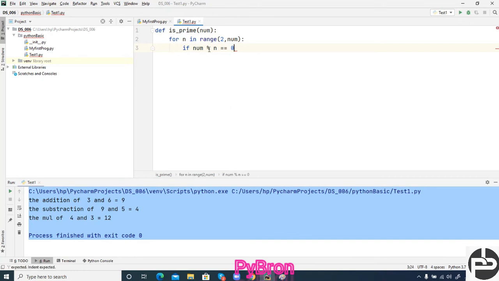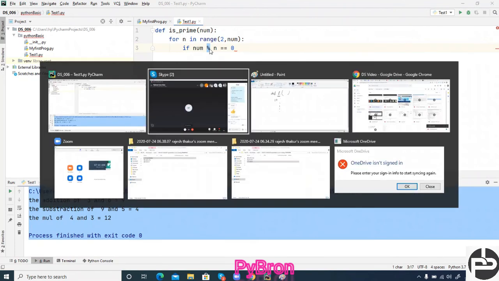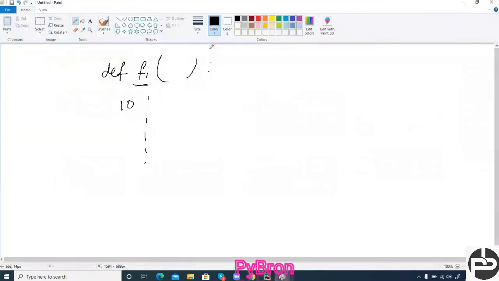Okay, n is what? Modulus means what? Are you able to understand? Modulus means remainder. Okay, let me put on a charger. Okay, so fine. So what is modulus? The percentage symbol is known as the modulus, or you can say remainder operator. So how it works? Try to understand the concept.